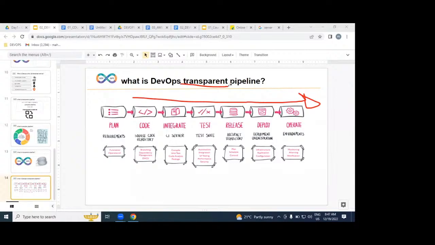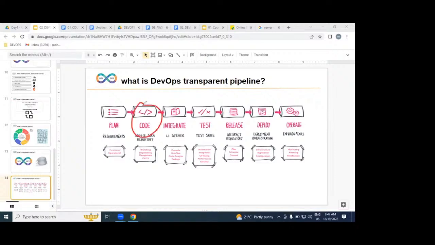To make it speed, to increase the quality, to decrease the cost. For that purpose only we are implementing our DEVOPS process from the dev environment to operations. So let us understand this DEVOPS process stage by stage. What exactly are the roles and responsibilities in each and every stage? Let us understand, guys, please.